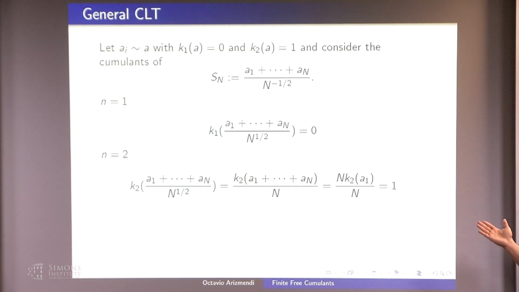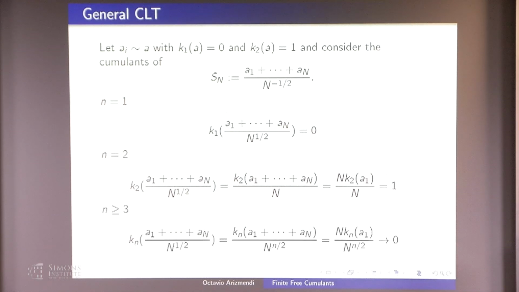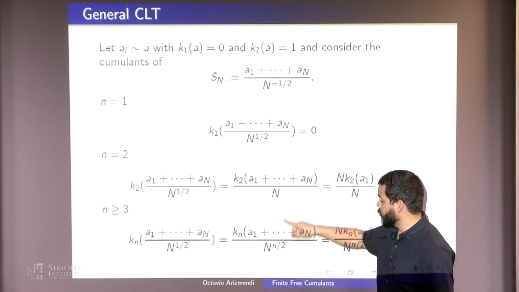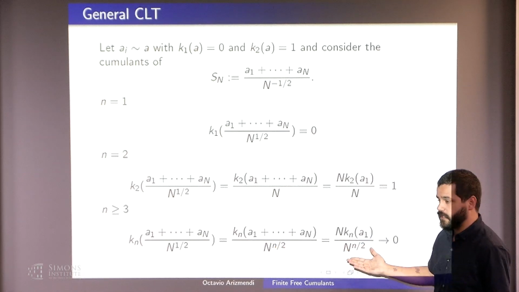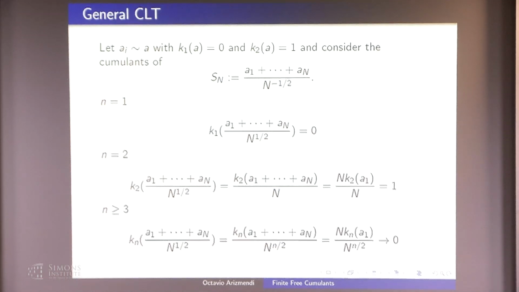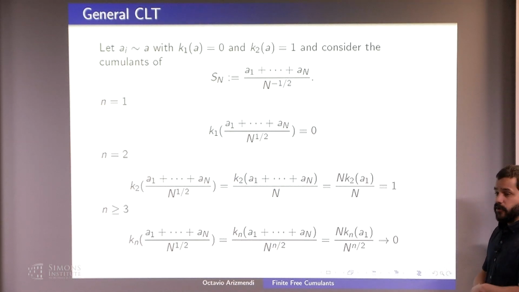Of course, this is what it should be because I normalize so that the variance and the mean stay fixed. Okay, but then if I go for n larger than 2, I will have the same phenomenon, but instead of getting 1/n, I will get 1/n to the n/2 minus 1. And as soon as n is bigger than 2, this goes to 0. So what this is proving is that the limiting distribution should have cumulants 0, 1, 0, 0, 0, 0, for any notion of independence, and this proof, of course, also works for the classical central limit theorem, provided that I have all moments. Okay.